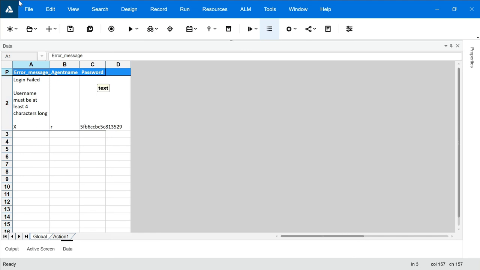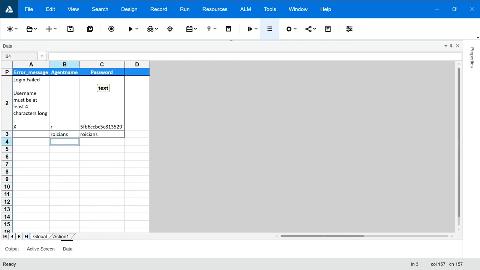So let's see what other username and password I can enter over here. In agent name, let's say I'm entering Roations, and password also I'm entering Roations. Here I will enter AB as the second username, and the second password I'm entering as anything, let's say XYZ. Now when I execute it, I just want to cross-check what different error messages I'll be receiving. Look at this, these rows over here are empty.